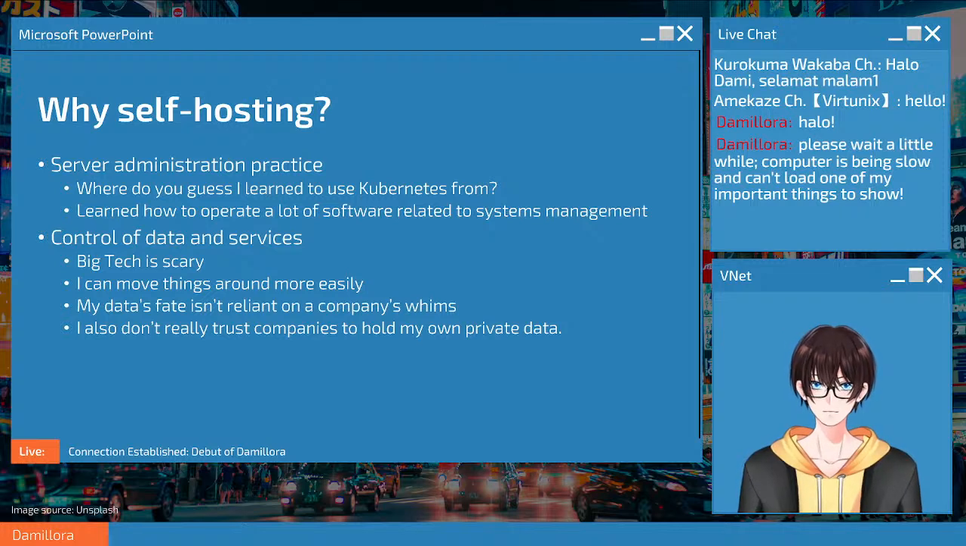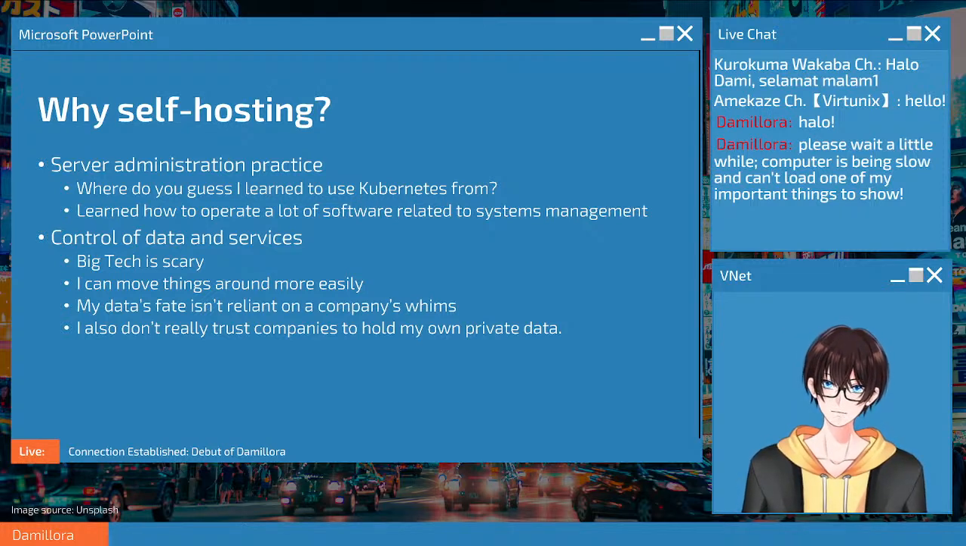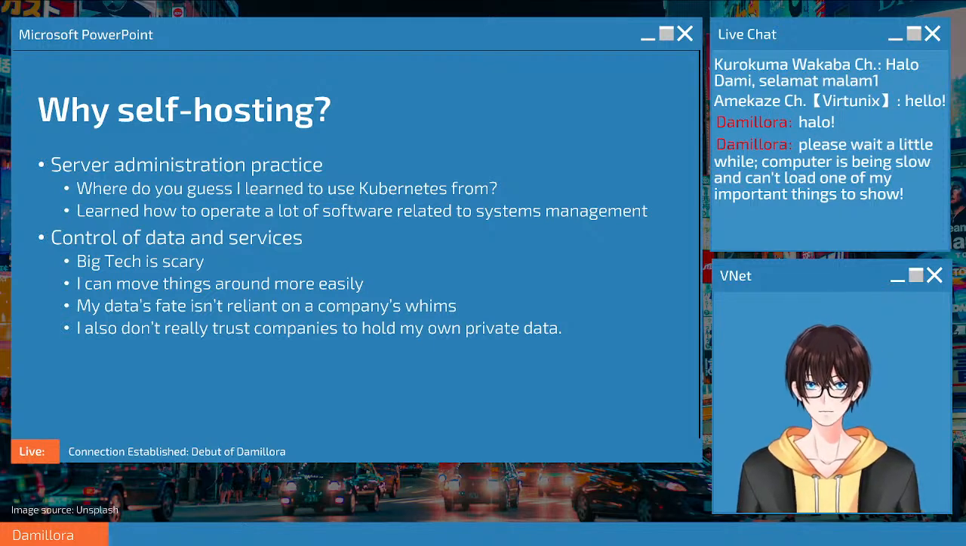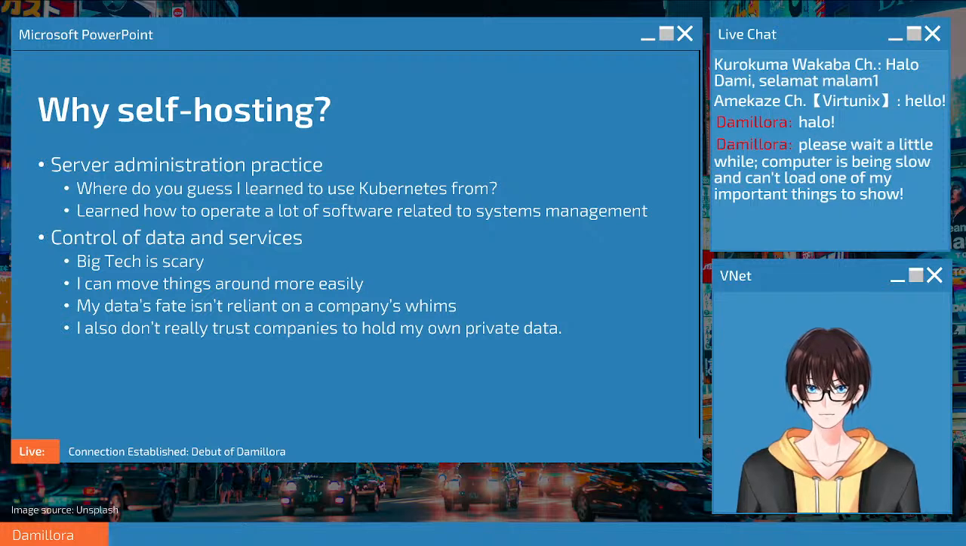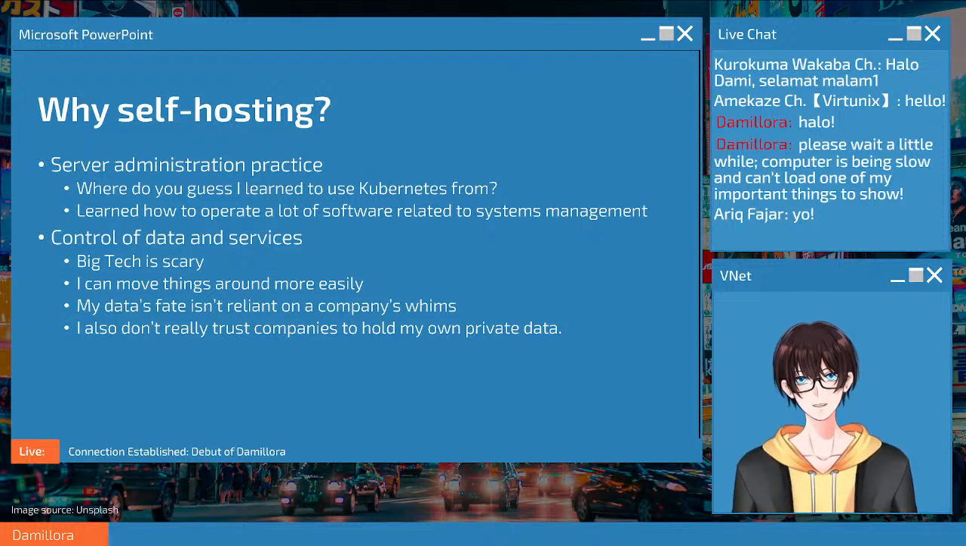And then the second reason is control of data and services, because first of all, big tech is quite scary. When you, for example, I think that you must be trusting Google to secure a lot of your data, and while they have, for example,